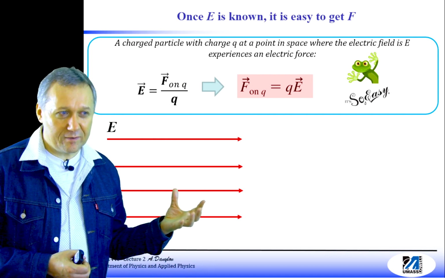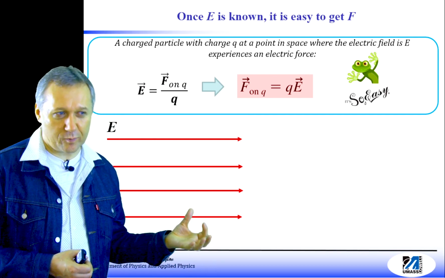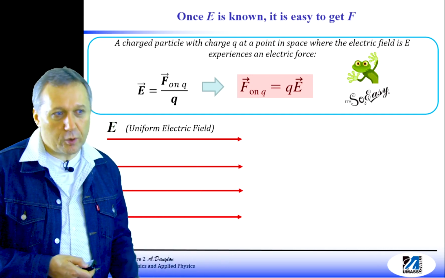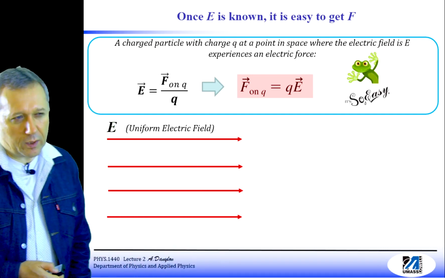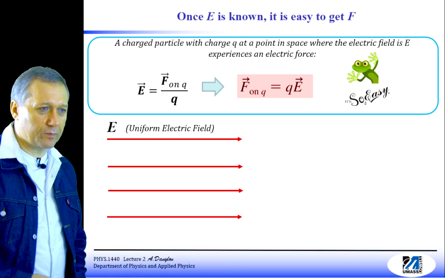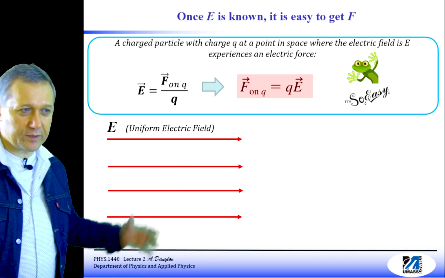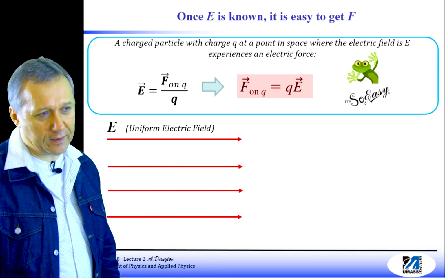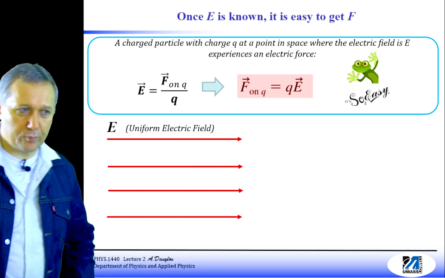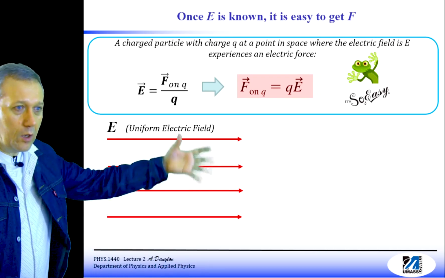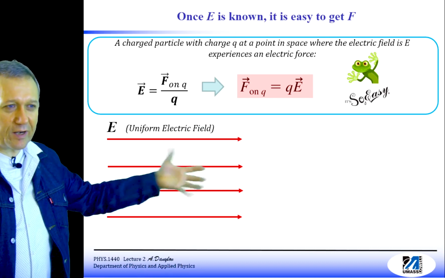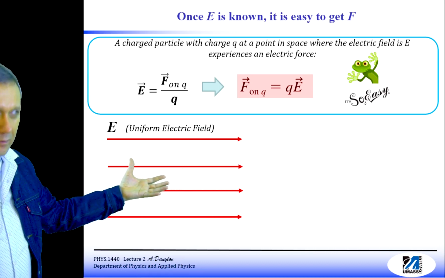So this field is called uniform field. In this case, it's a uniform electric field. In this course, we're going to use uniform fields a lot. Uniform electric field, then there will be uniform magnetic field. So this is the first example of a uniform electric field. Directions are the same, strengths are the same at every point. Okay, and now let's just dump a couple of charges and see directions of the electric